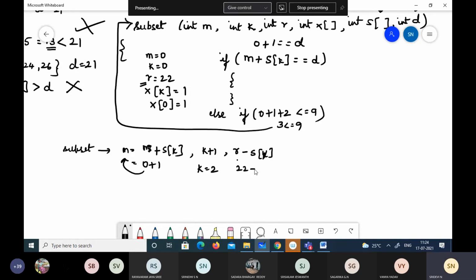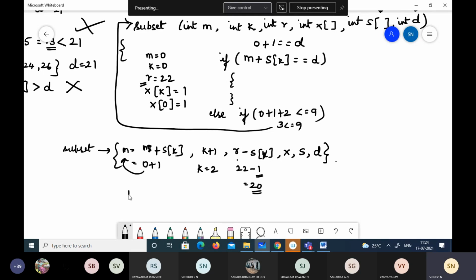So this becomes 22 minus... So these are the parameters which are passed when the function is called.